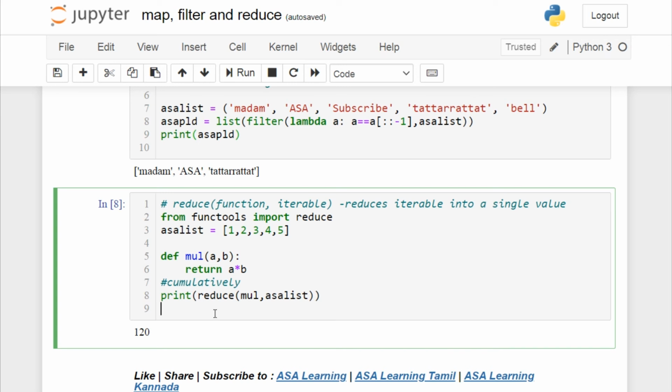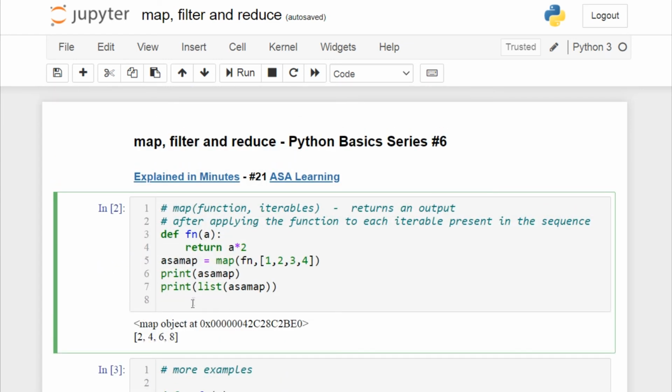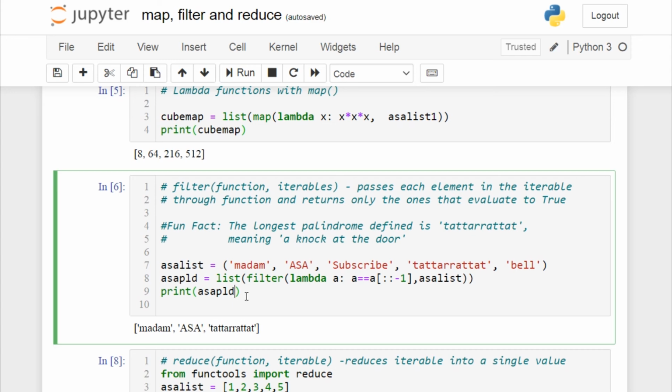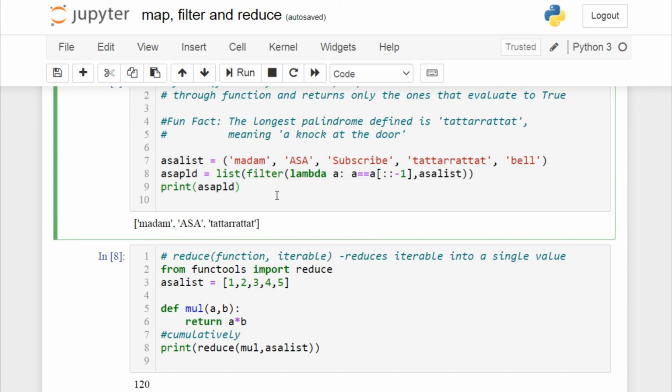So you can write simpler and shorter lines of code effectively in Python by using map, filter, and reduce. And now a quick recap. We have seen what is map in Python and how we map an entire list and return the values. And we have seen filter, how to filter out a list and return only the values based on our logic. And we have also seen what is the use of reduce and how it reduces the iterable into a single value. I hope you are able to understand the basic differences between map, filter, and reduce and its practical examples.